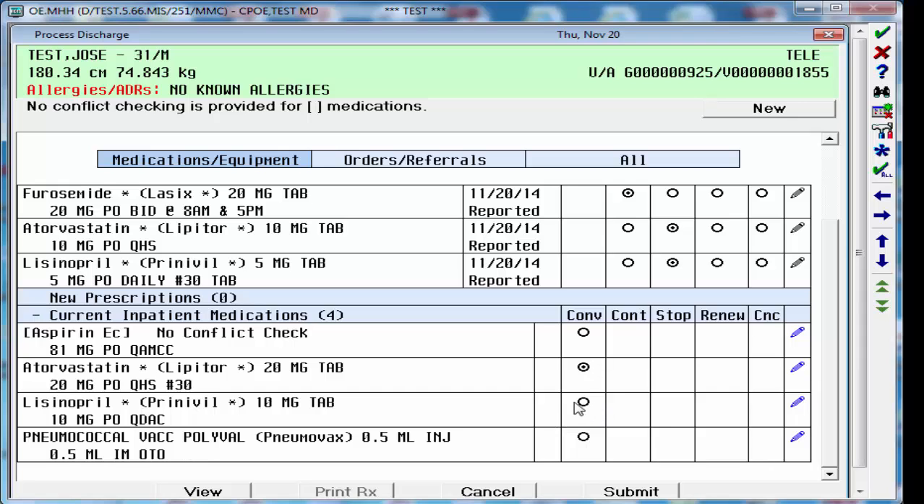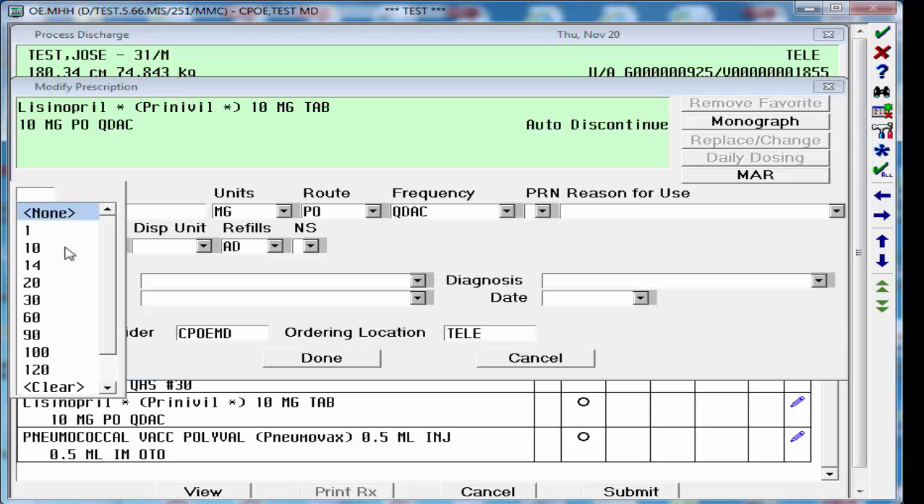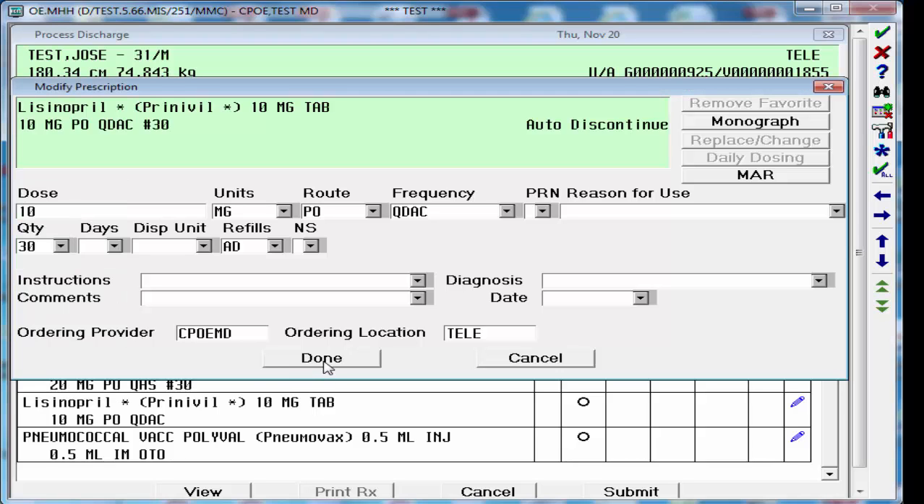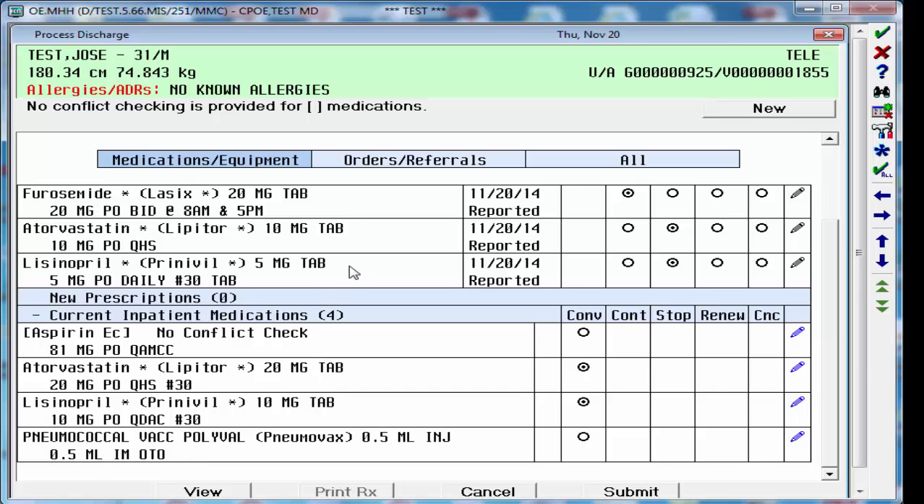I'm going to click on my lisinopril and go through the same process. I'm going to go ahead and pick a quantity of 30 and say done. All right, so I've addressed my home meds and my current inpatient meds, but I want to send my patient